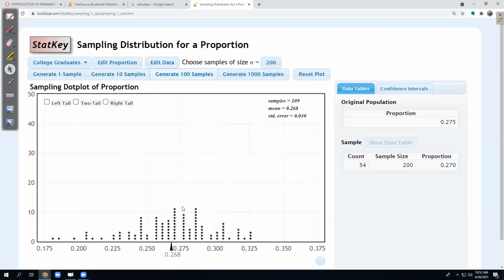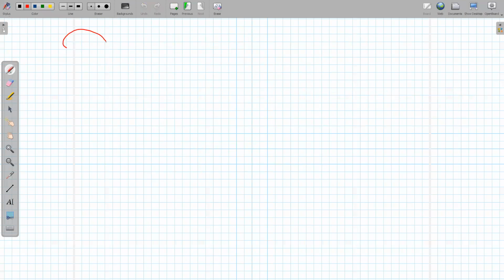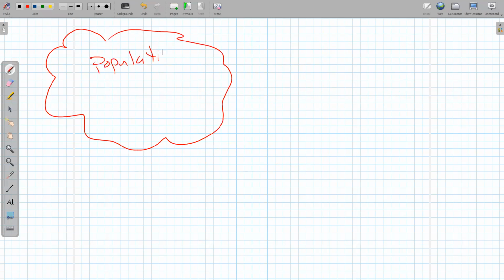Now, just some reminders about terminology and what we're doing here. We've got this population out there, and there are all these things about the population, like the average age and the proportion of people with college degrees and all these other things, right? So we're trying to find a parameter in the population. In this case, the parameter I'm looking for is p, the proportion of people with college degrees. If I tried to sample every person in the population,